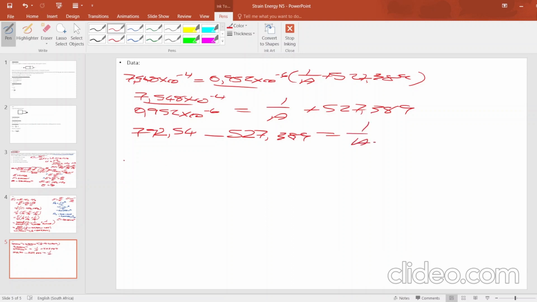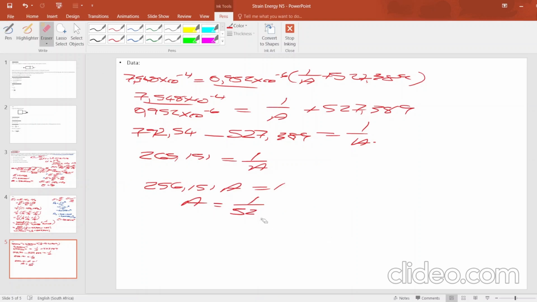Then I have my answer here as 265,151. Right, equals 1 over A. Then when I cross multiply, making A the subject of the formula, I will have 256,151. A equals 1 over 256,151. Then I get my answer, the area there. I get my area as